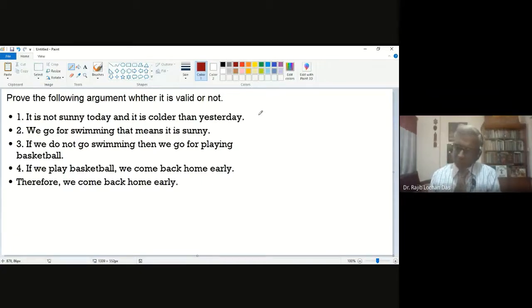Normally we do not take the "not" in the variable. So in that case, if we think that our first variable is "it is sunny day", you start your